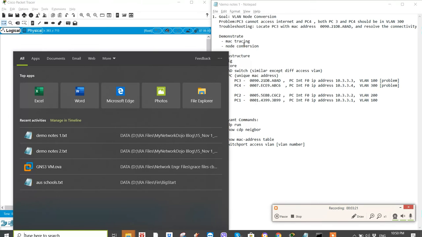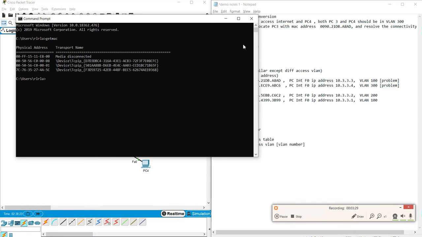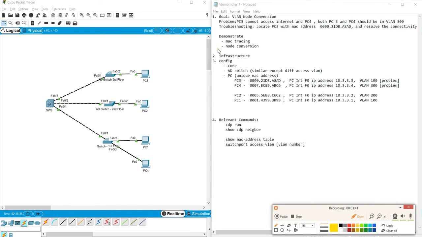So, to know the MAC address, tell the user to go to the command prompt and type getmac. And then, his MAC address will be sent to you. And then, after that, we can already determine to what switch or interface it is connected and do a node conversion. So, to explain further,